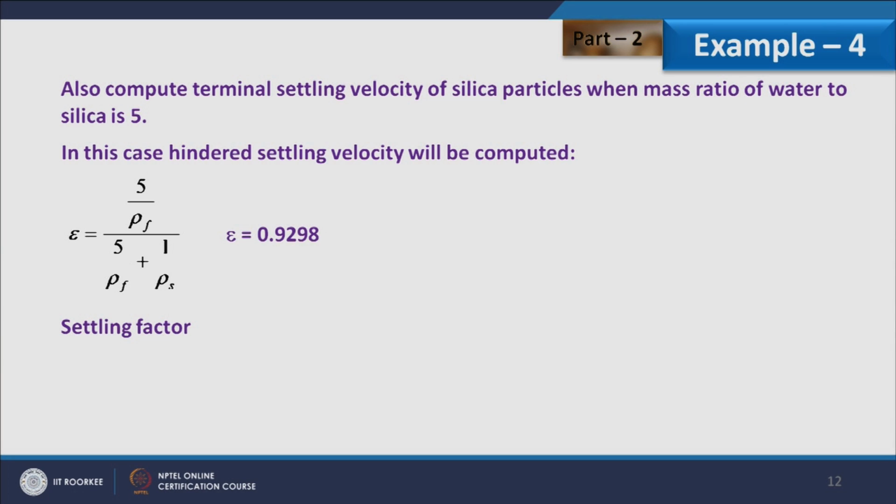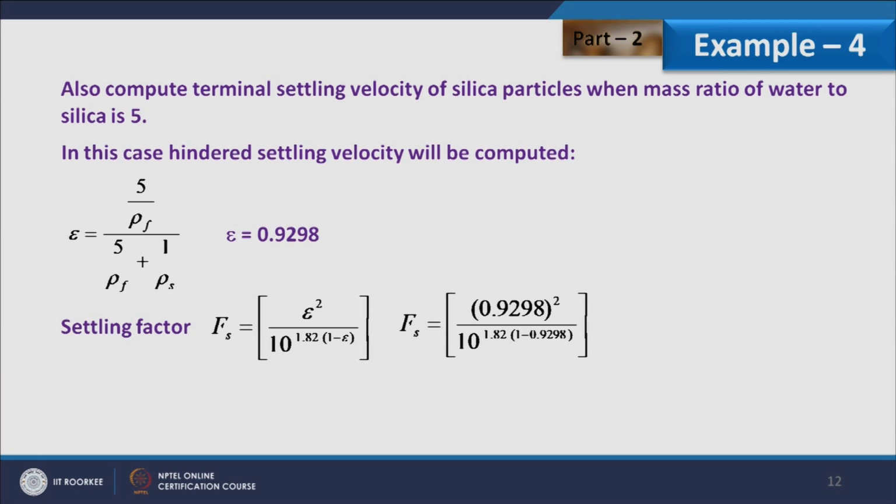Once I have epsilon, we can calculate Fs, that is the settling factor, by this expression, which is coming out as 0.6443, and after computation of Fs, we can calculate the hindered settling velocity, which is the terminal settling velocity into Fs. So, finally, the hindered settling velocity is coming as 0.0706 meter per second. Now, here we have the fifth example in which a bacterium of 5 micrometer is moving in